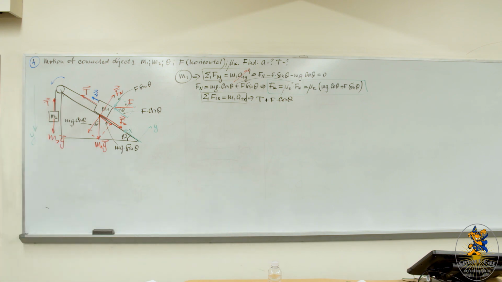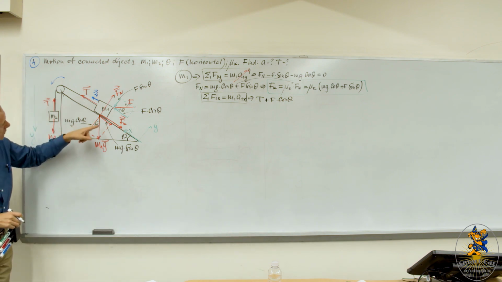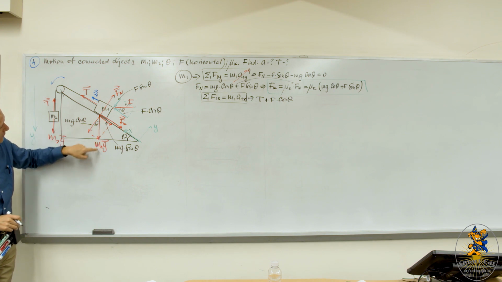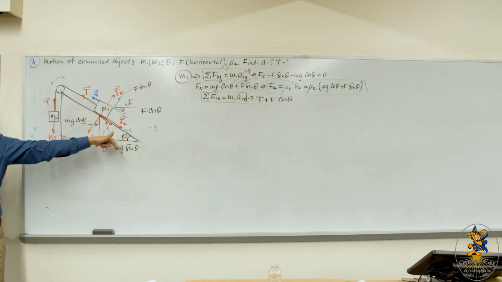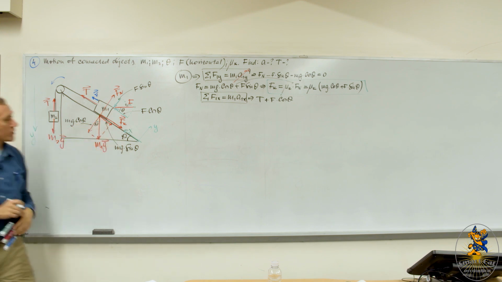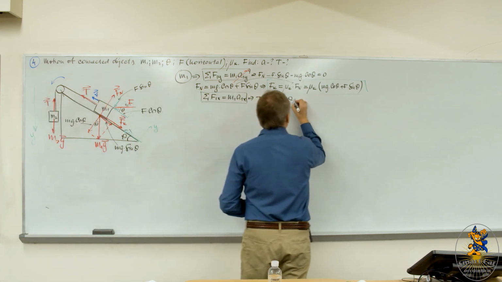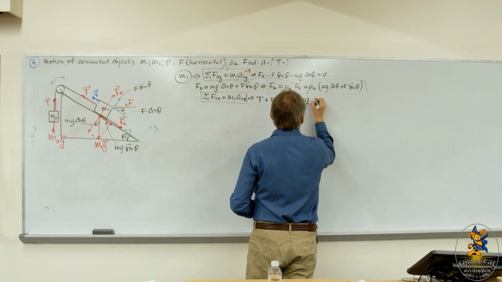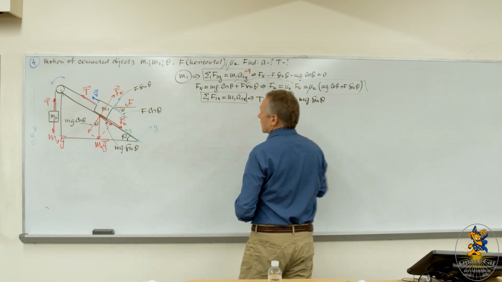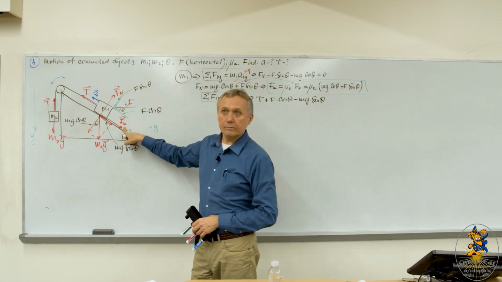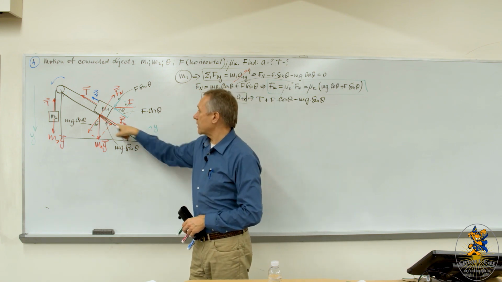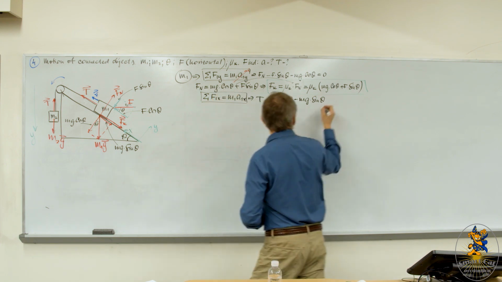Then what else? Okay, let me write this force. The component of the gravitational force is in the negative x direction, so minus mg sine theta. And what else? And kinetic friction. You see this kinetic friction force in the negative x direction, minus Fk